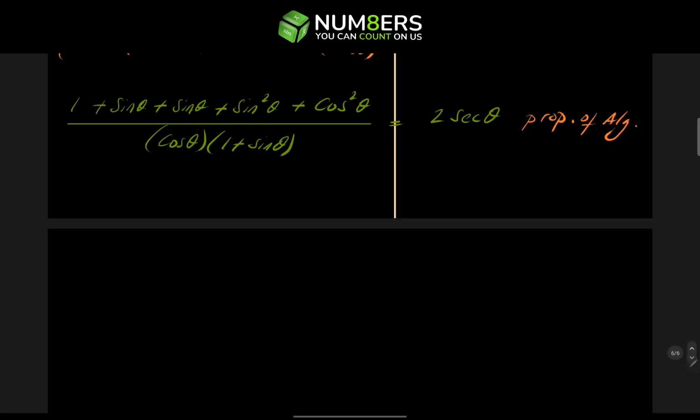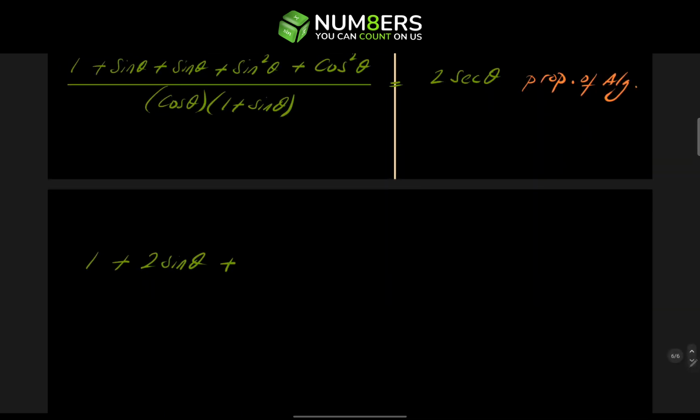And we're going to simplify. So now we're going to write sine theta plus sine theta is 2 sine theta. So we have 1 plus 2 sine theta plus. So we're simplifying this part, but for this part here on the right side, that's equal to 1, since sine squared theta plus cosine squared theta equals 1. That's the Pythagorean identity. But we'll do it on the next step because some teachers want each step to be written separately. So we keep it as sine squared theta plus cosine squared theta. And that's still equal to